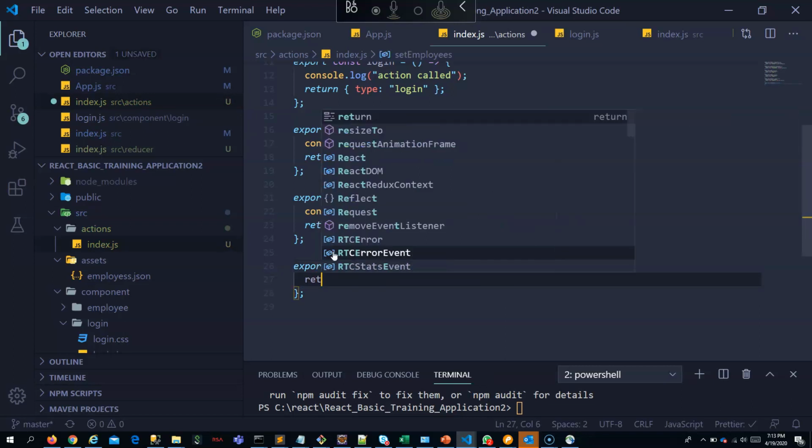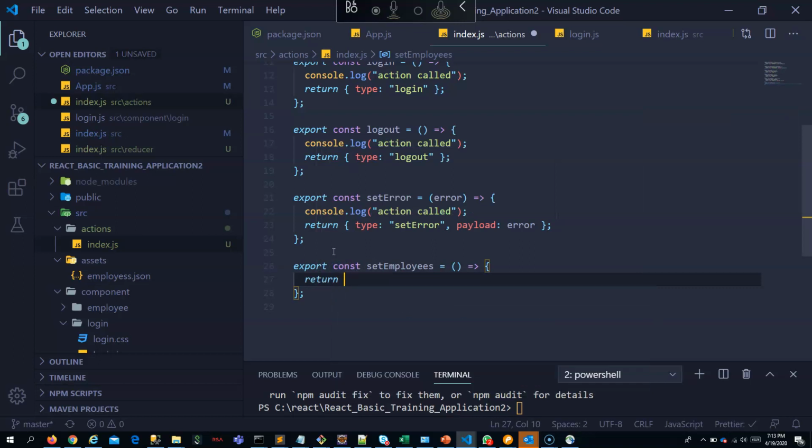Here you have to return not the state, because I want to do it asynchronously. I want to return a function here. This function will get the dispatch from Redux Thunk. As we saw, it will return a function instead of an action.